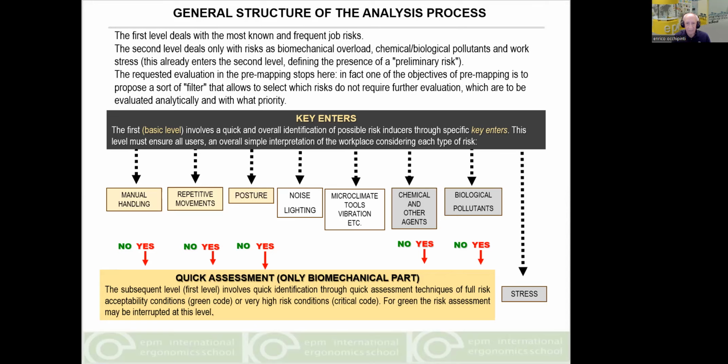The first step is the step of key enters. Key enters or key questions are simple questions to be answered possibly with the help of the workers, and the answers to these key enters introduce, for certain risk factors, especially for biomechanical overload aspects, the necessity to go to a quick assessment, that is a preliminary assessment, in this case made in relation to the provisions of the international